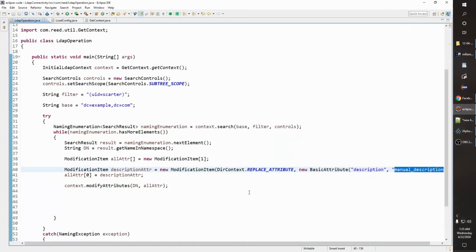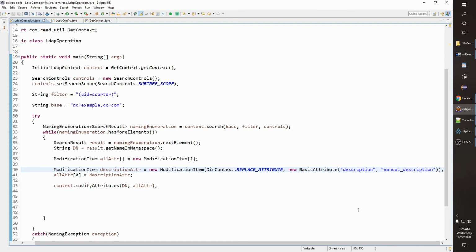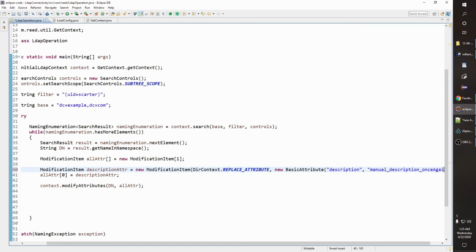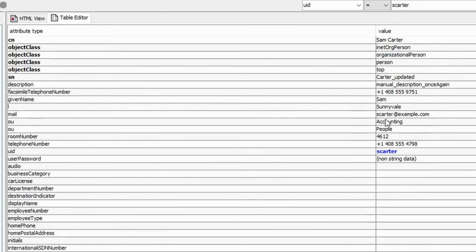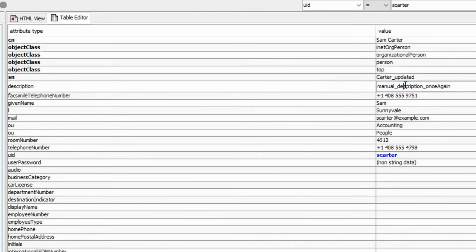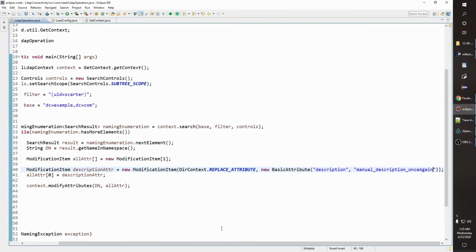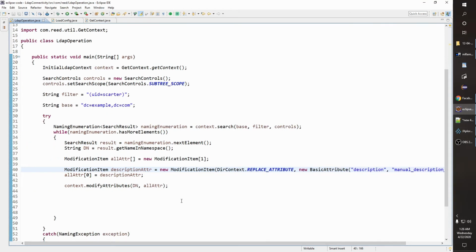It is not making sense. Now let's update it with some other value, manual description once again, something like that, and just save it and run it. Okay, now let's search here. You are getting the updated value. Replace is done, correct?